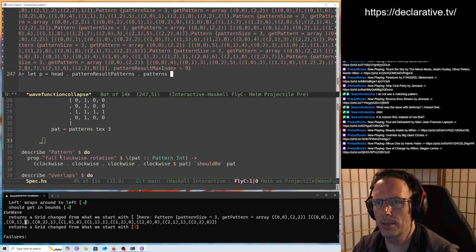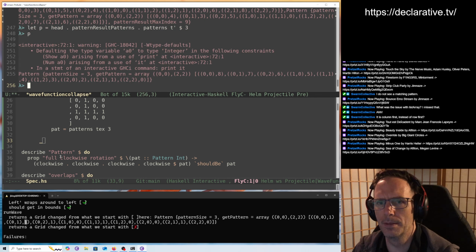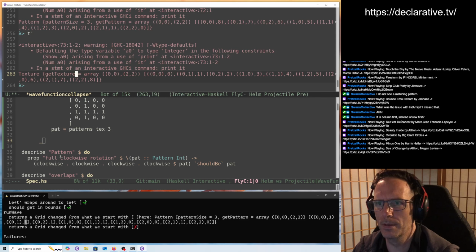Yeah, we take patterns of T prime, size 3. Okay, we get this pattern here. And if we look at T prime, 0, 0, 0, 1, 0, 2, 1, 1. So those indices should overlap,